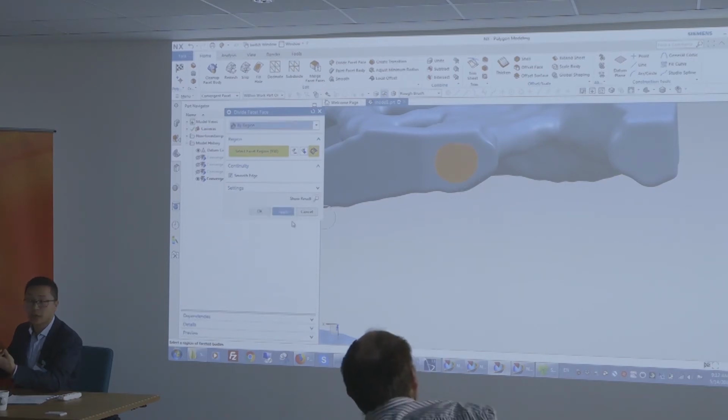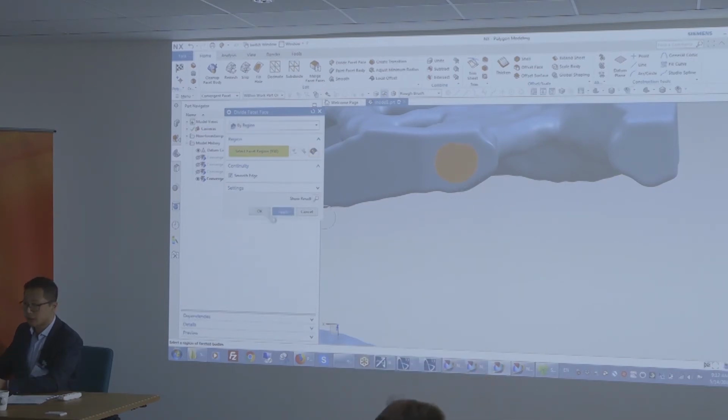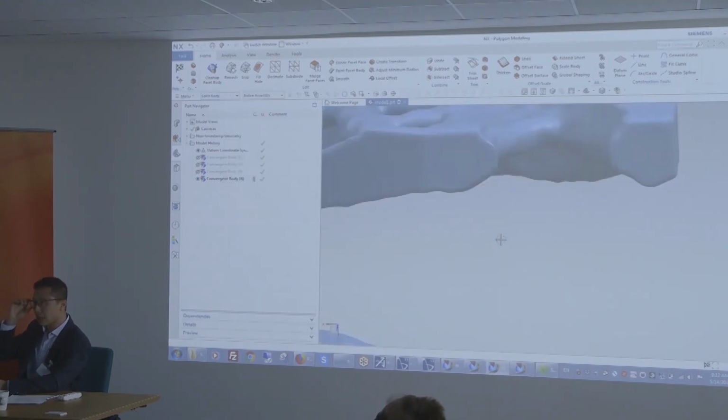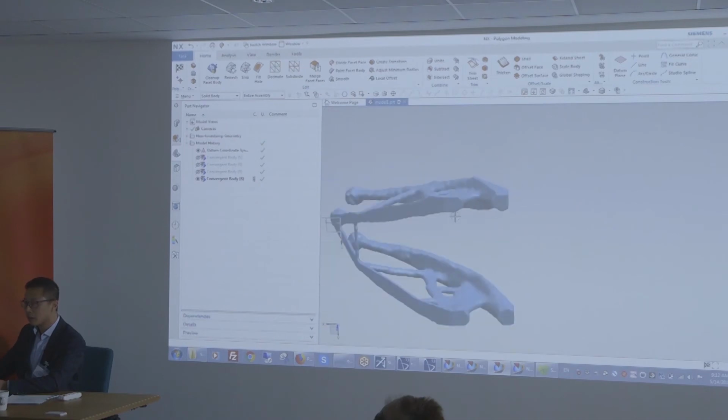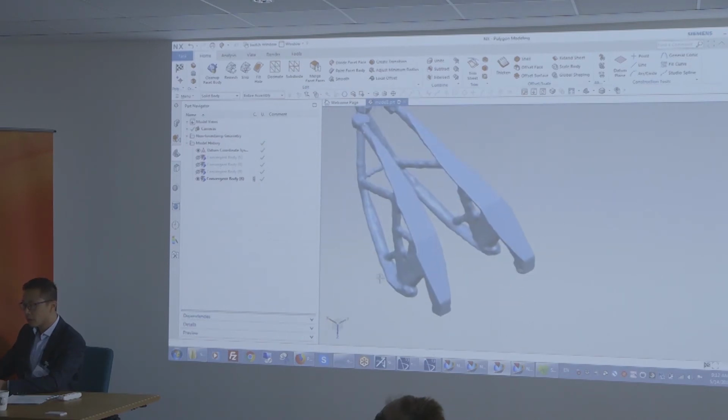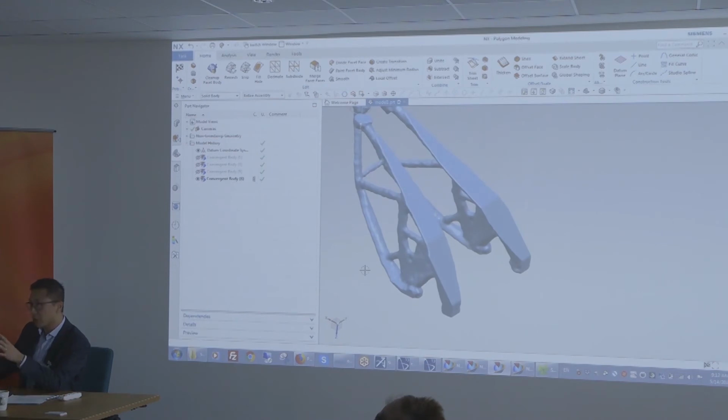I'm literally creating a new face on it. What if you wanted to create like a split line or a horizontal plane in the section of the geometry? Is there a tool for that as well? Yeah, actually, I'm going to do something similar. I'm going to create a lattice meshing.